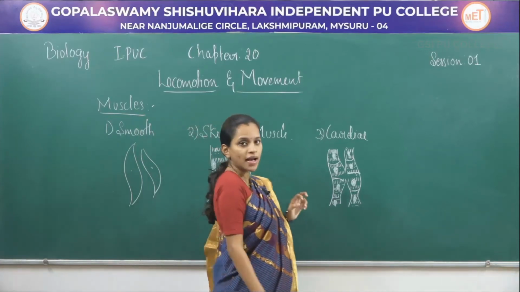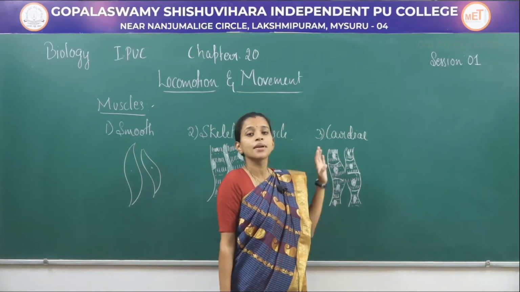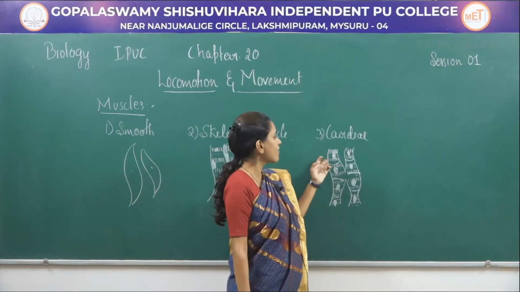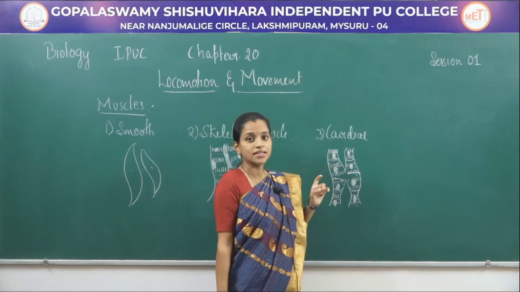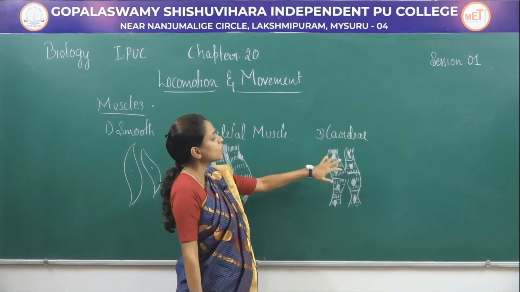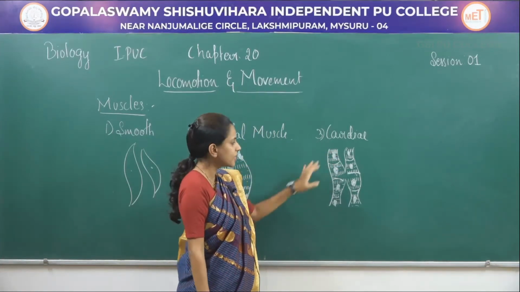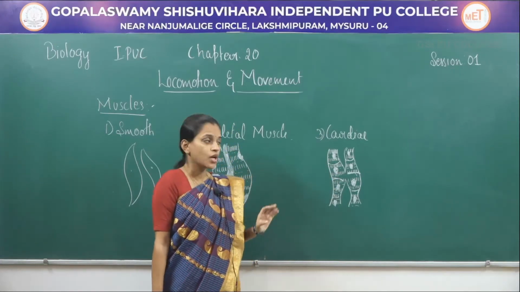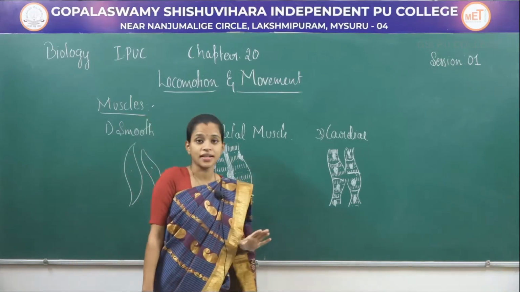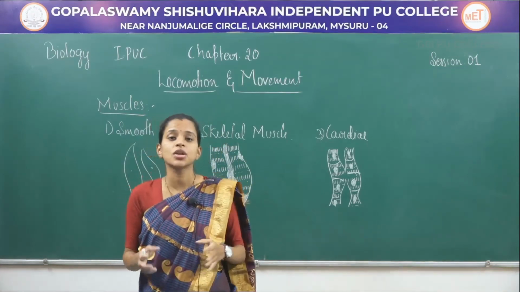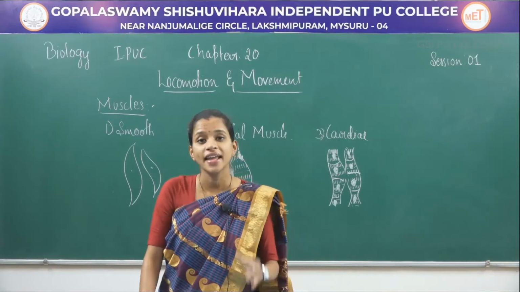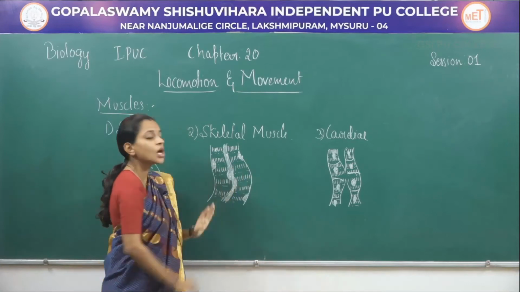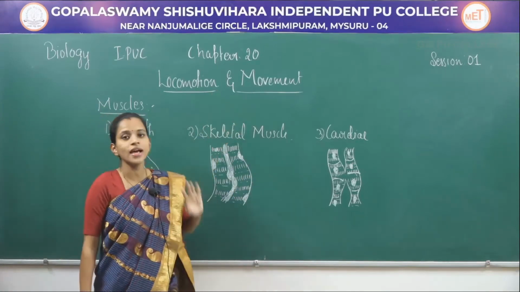When it comes to cardiac muscles, these are branched muscles present in the heart, as the name suggests, cardiac. These have alternate dark and light bands just like skeletal muscles, but here the nucleus is present in the center. They are separated from each other with the help of an intercalated disc. You have studied all these three types of muscles in the chapter Structural Organisation in Animals. In this one, we will concentrate on the skeletal muscles which are involved in locomotion and movement.